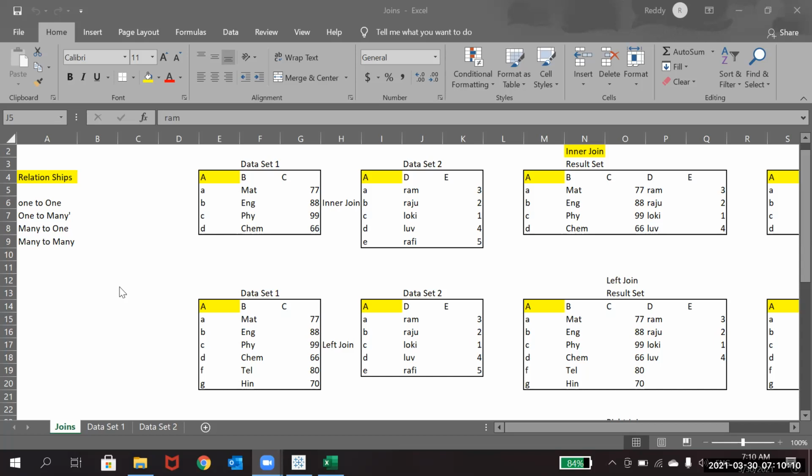If you observe here, as we told, I hope you guys can see my screen. So these are the relationship types we have: one to one, one to many, many to many, and many to one. So let's say we are considering only one to one. Okay, so one to one is nothing but,